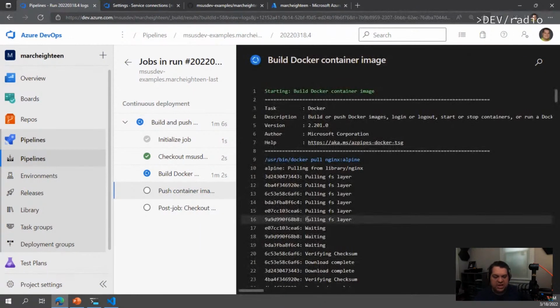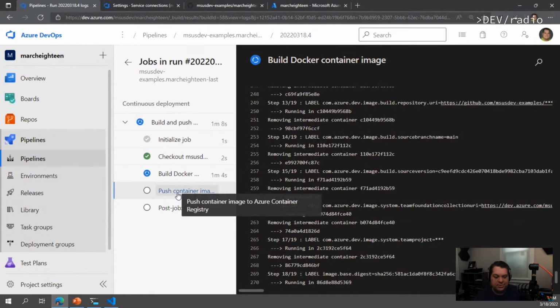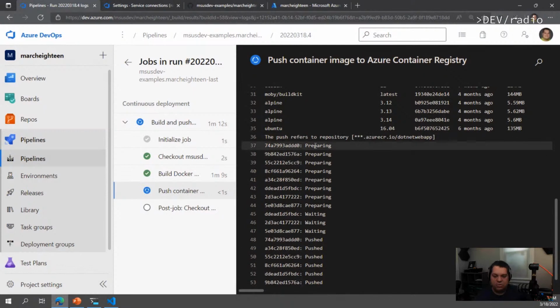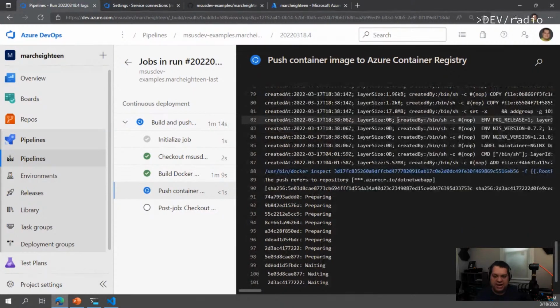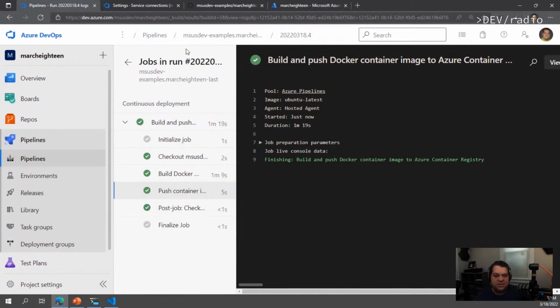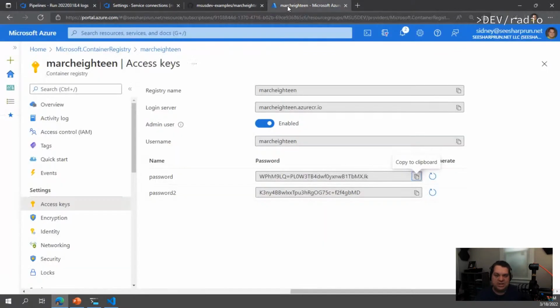So my expectation is that very soon we're going to be at the push step. And again, since it's already built, we're just pushing to AzureCR.io. The repository name is .NET Web App. That push was very fast. So if I did this correctly, I should be able to go into